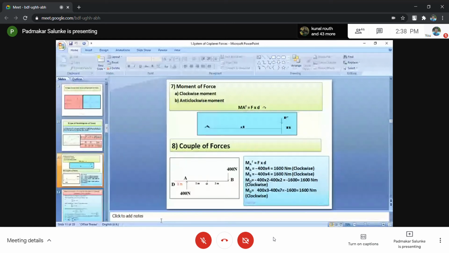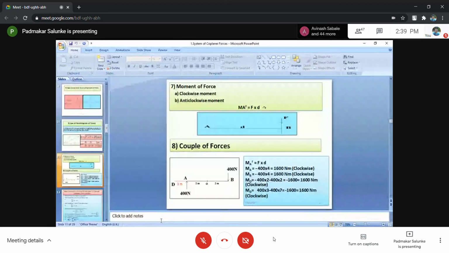There are two types of moment. One is called a clockwise moment, the second one is called an anti-clockwise moment. Moment is a vector quantity. So if it is a vector quantity, you always have to consider either one as positive, and automatically the other becomes negative. For the majority of the discussions in engineering mechanics, anti-clockwise moment is considered positive, whereas clockwise moment is considered negative. Some authors use a positive sign for clockwise moment and negative for anti-clockwise. That depends. But the majority of teachers consider clockwise as negative and anti-clockwise as positive.